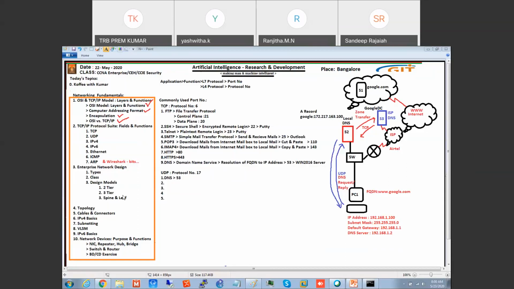Ranjita clear. Ashwita? Okay, Ashwita also clear.